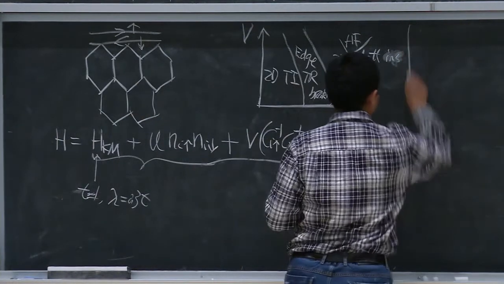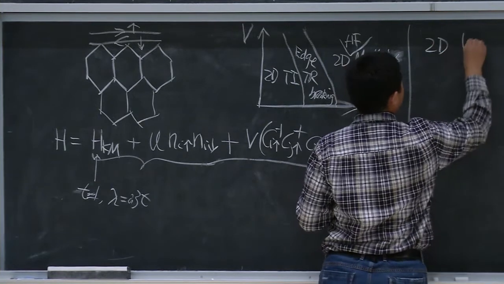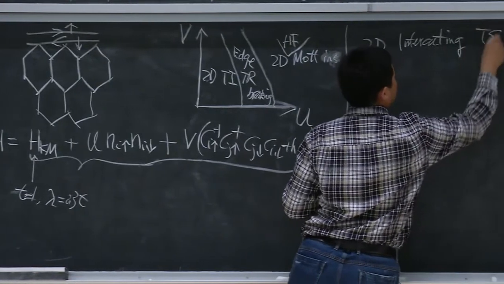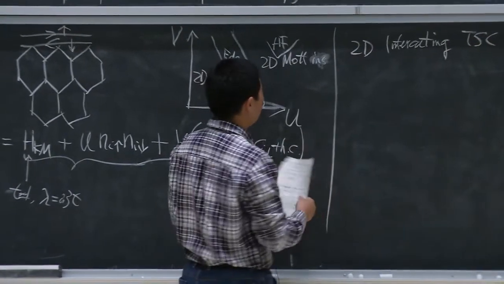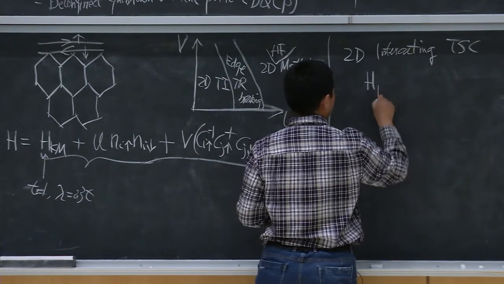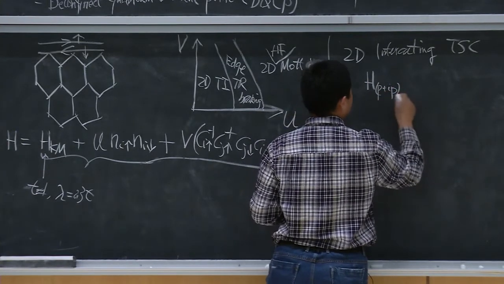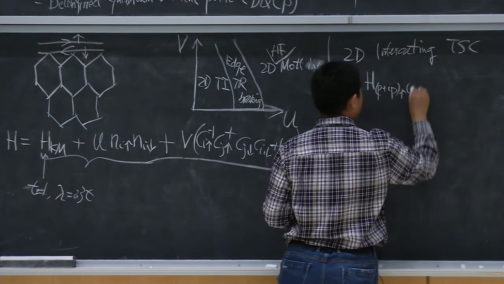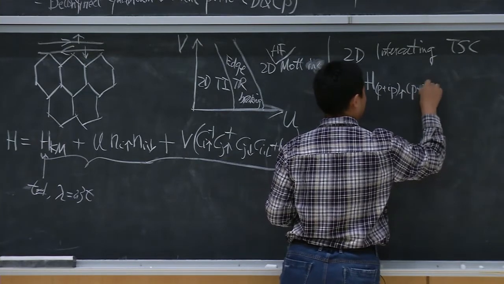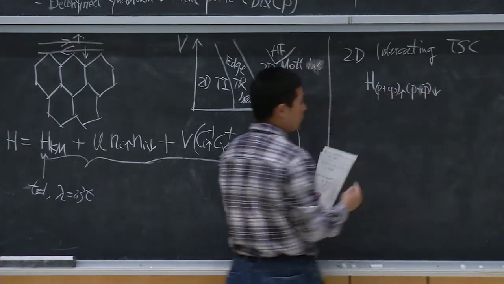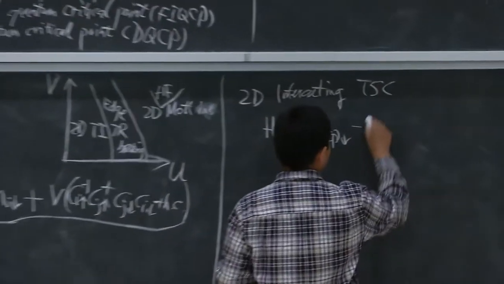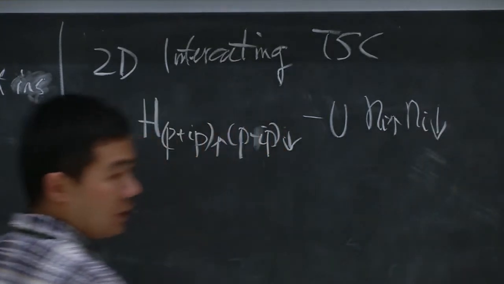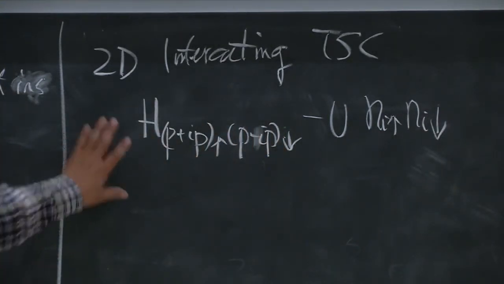Another model is this 2D interacting topological superconductor. We can consider a topological superconductor with a p plus ip pair for spin up electrons, but p minus ip pair for spin down electrons, which respects time-reversal symmetry. Then we can add some interaction to see how robust the edge state is. And this is motivated by